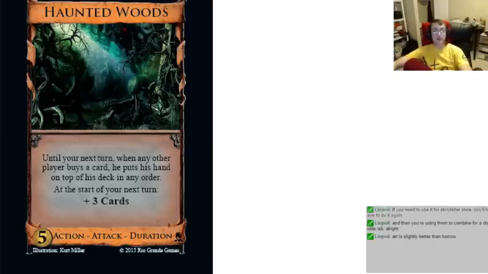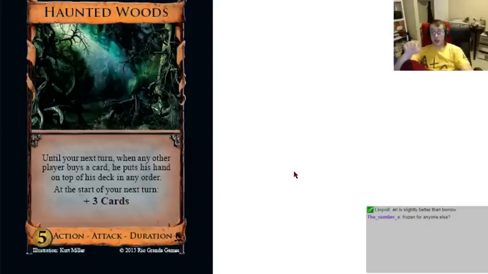Now let's talk about the benefit. 3 cards is much, much better than $3 in almost all cases. Drawing 3 cards at the start of your turn, you know how amazing Wharf is? This is better than Wharf. Now, it doesn't do anything on your first turn. It's attacking your opponent. But, like, this is